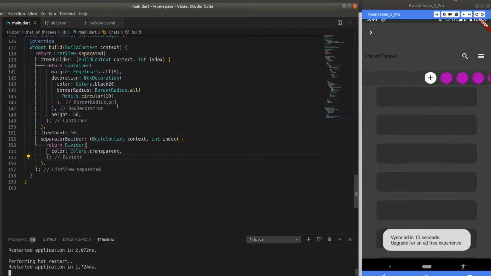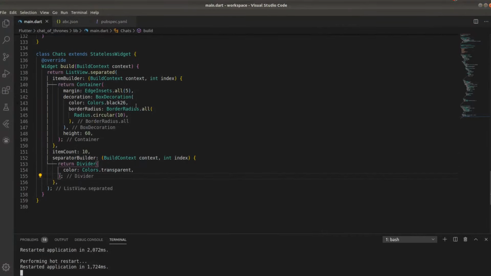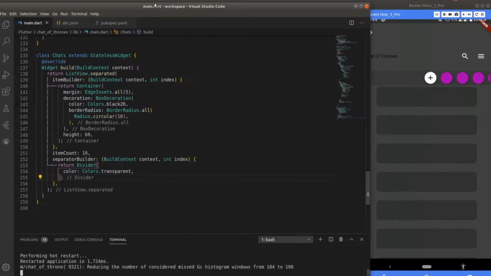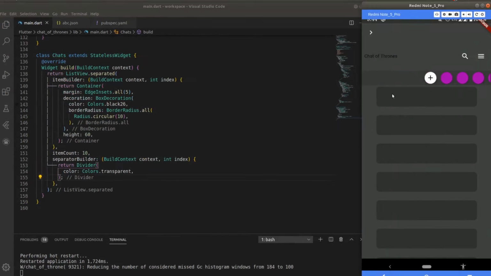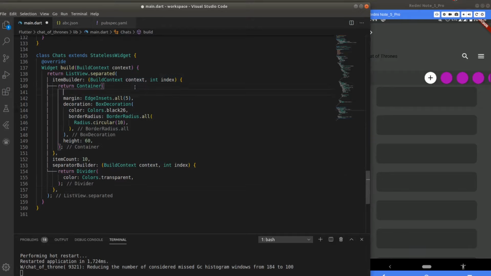And now let's work on what's going to be inside the container. So what's going to be inside the container is, let's say that one thing we need is a circular avatar for the profile picture display, and second thing we need is a name, and at the end we need time. So let's first add the first 3-4 things, and they are going to be added in the child. So I'm going to make this container